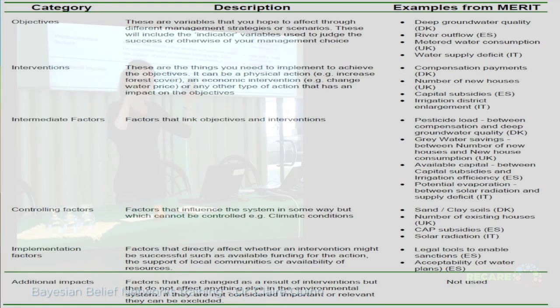And then there are these higher level implementation factors. So these are factors